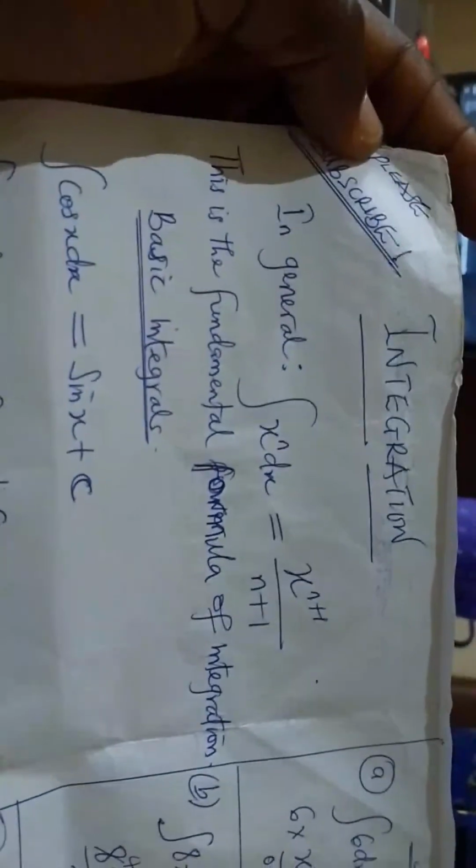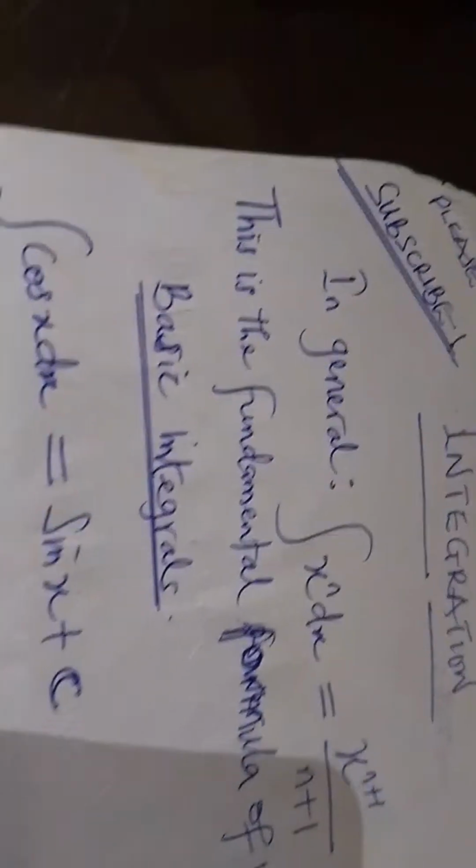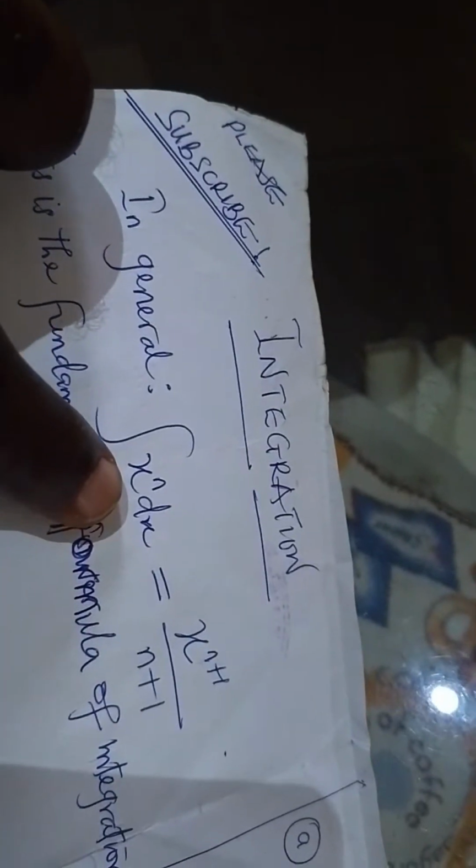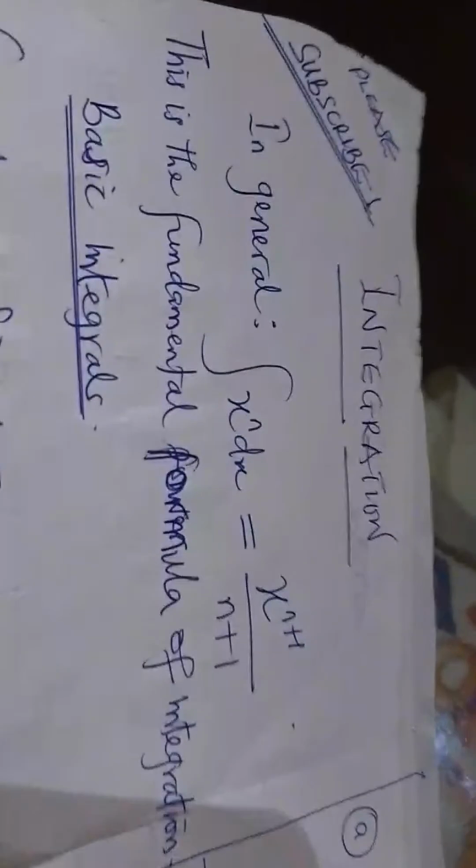So we have the general formula we are going to be using now for integration, which is x to the power n. We have the integral sign, we have the x, we have the power, we have dx. So how should we interpret it? If you want to solve that, you use